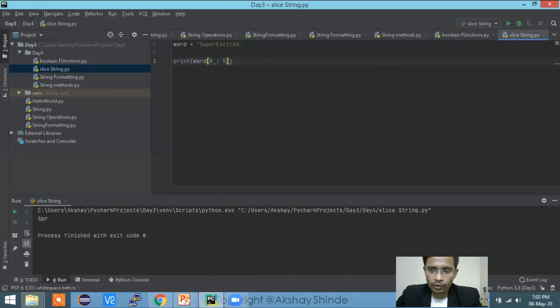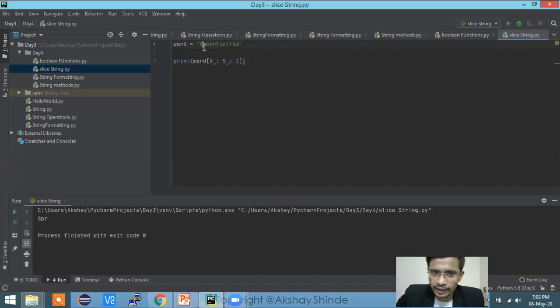Okay, so now for you, for excited. That is right, but there is a short form. Step is basically which letters you want to print. If you give step as one, it will traverse your string one step at a time.